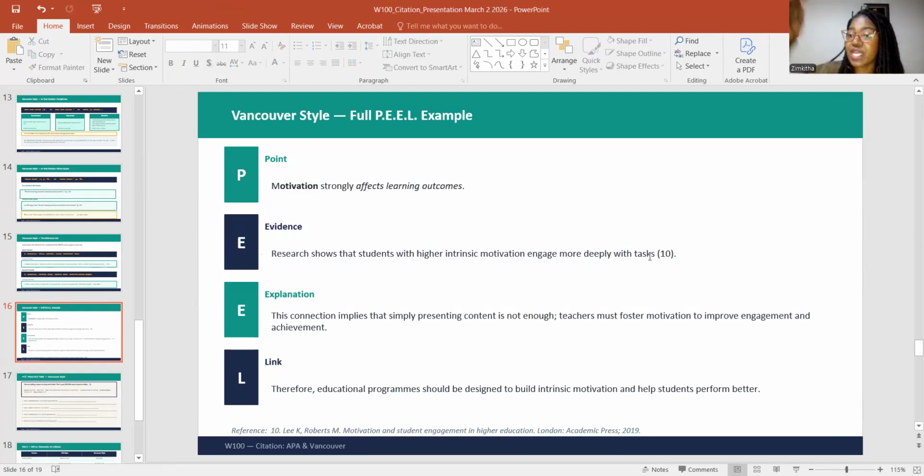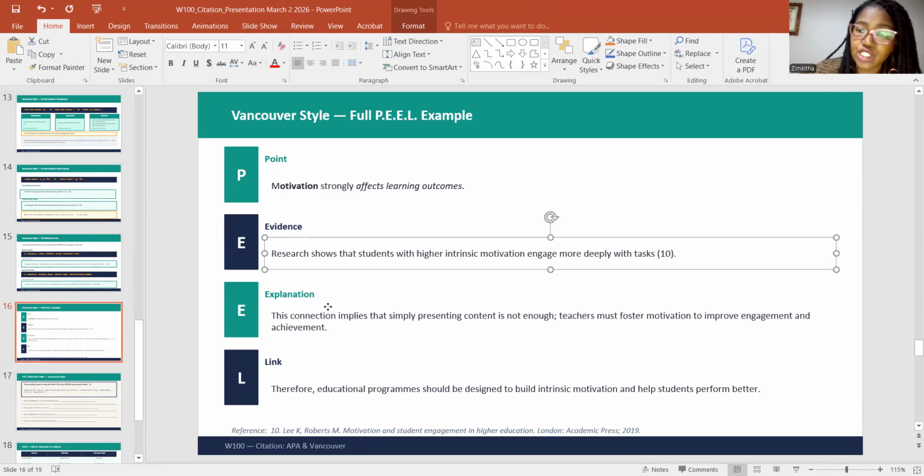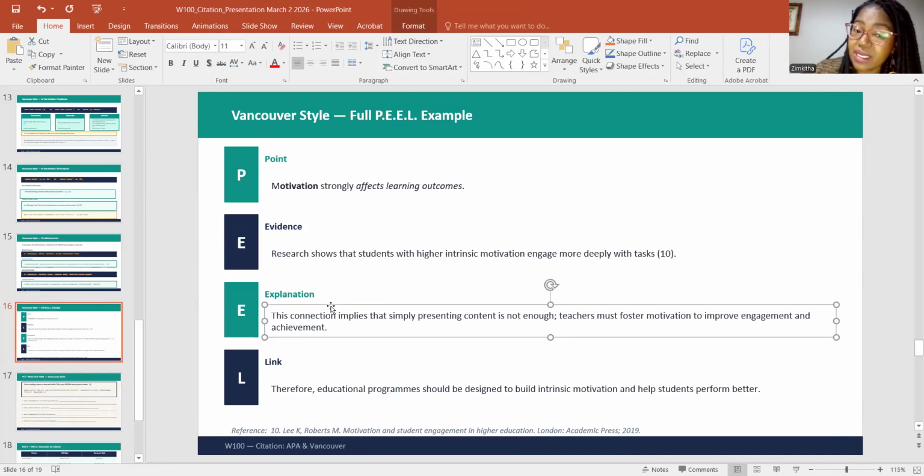That means it's source number 10. And then you have to explain. This connection implies that simply presenting content is not enough. Teachers must foster motivation to improve engagement and achievement. Is it linked? Yes, it is. Again, look at my evidence and the explanation. We do not repeat the evidence.